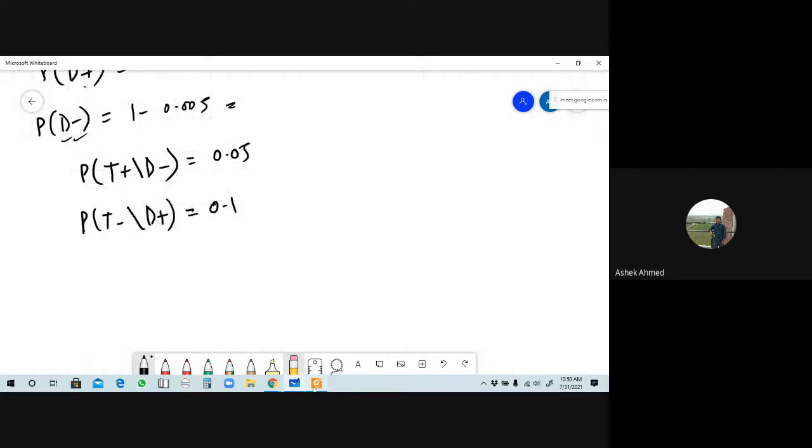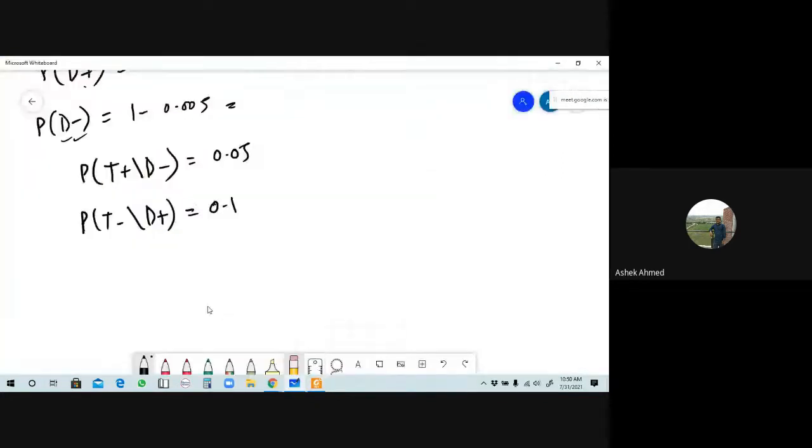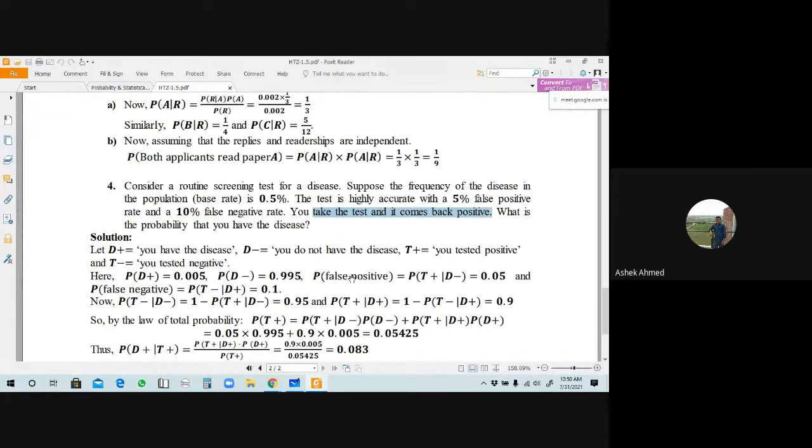But we have to find out. You take the test নিলাম এবং it comes back positive, positive আসবে. So from here we can find out all law of total probabilities. তাহলে কি আমাদের টেস্ট পজিটিভ আসবে, that means কি we have to find out the probability of T plus. Understand? আর মূলত এটাই বের করতে হবে। বুঝতে পারছো কিনা বলো দেখি। From this line, you take the test and it comes back positive. Positive means here probability of T plus, we have to find out this. Okay, response করো।